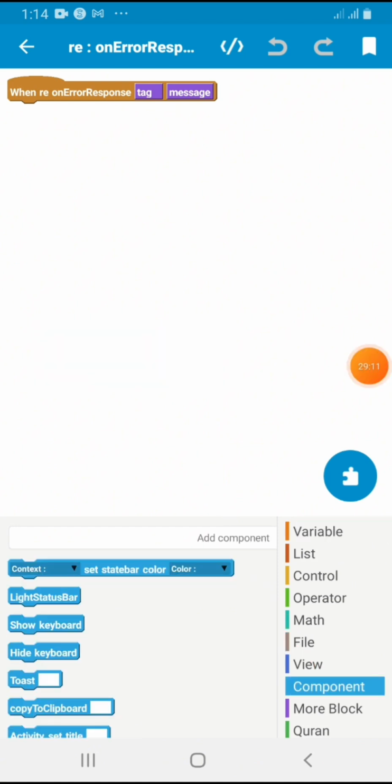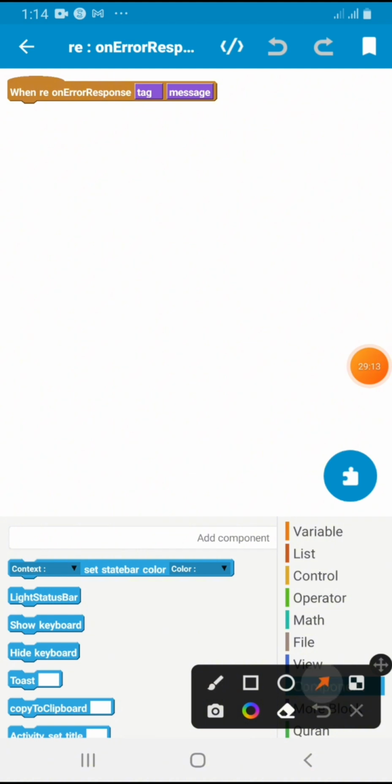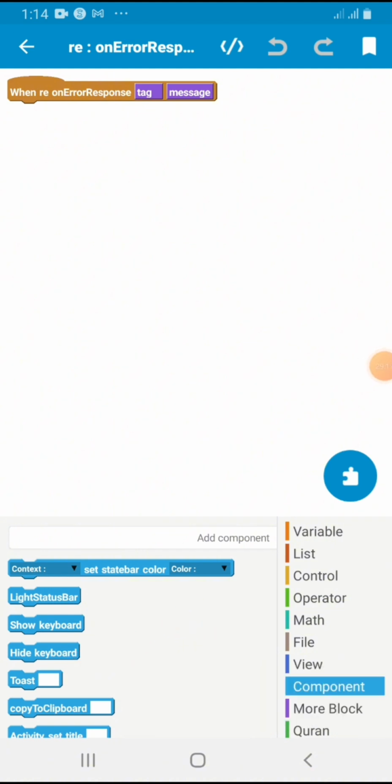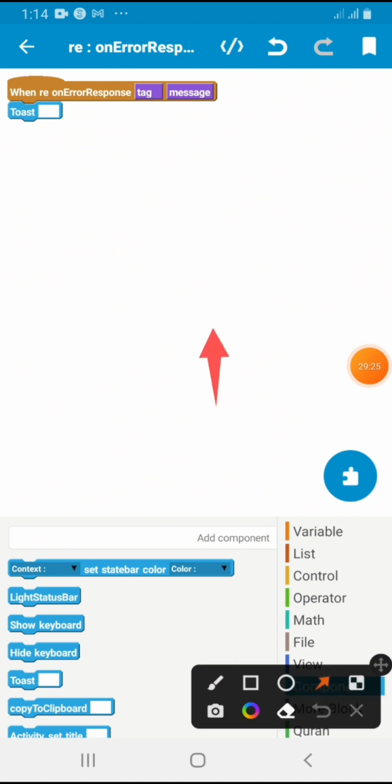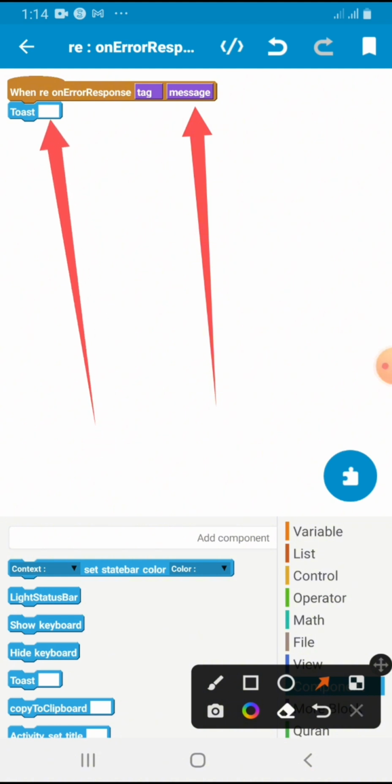You click on toast, you bring out the toast button, drop. Then you place your hand on this message and drag it down and place it on this toast. Okay,